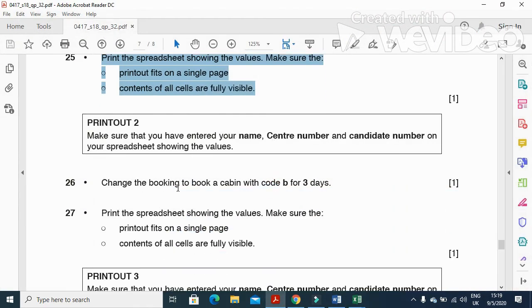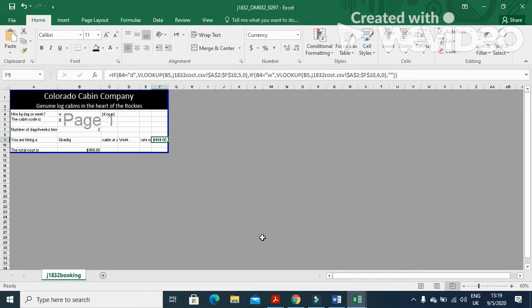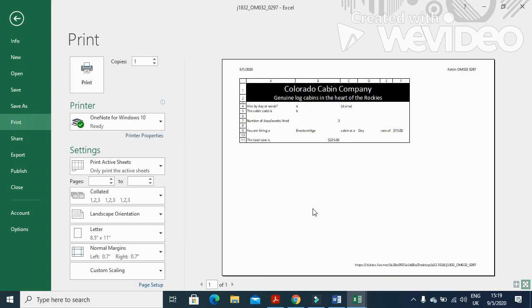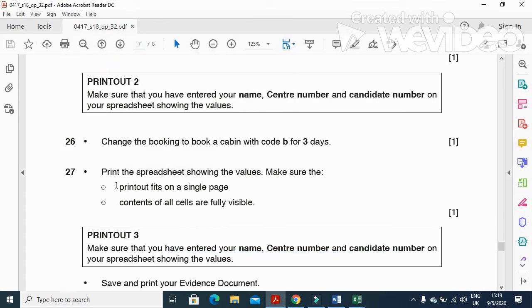Now change the booking to book a cabin with the code B with 3 days. Now go to normal, the code is B this time, and for days, for 3 days, just type here 3. So this time the result is different. So you need to print these values now. So just click on file and print again with these values as they said. Print out with a single page, all the contents clearly visible, and that's the end of the spreadsheet part